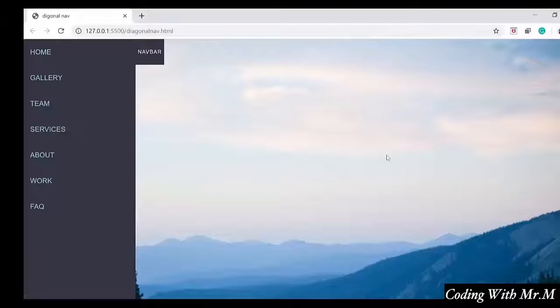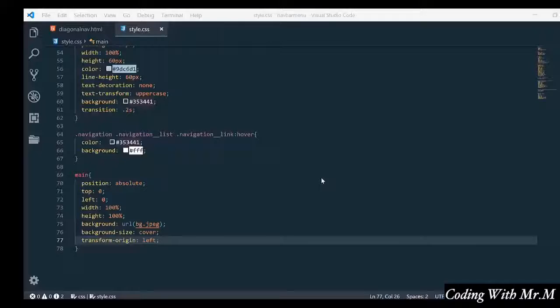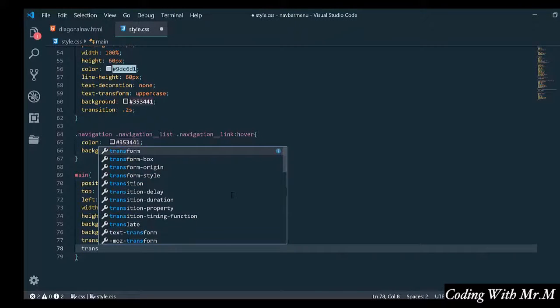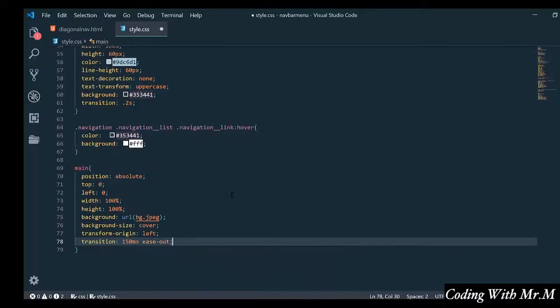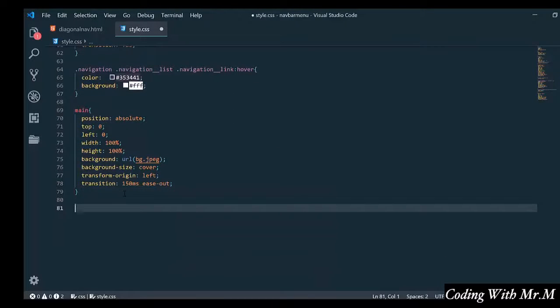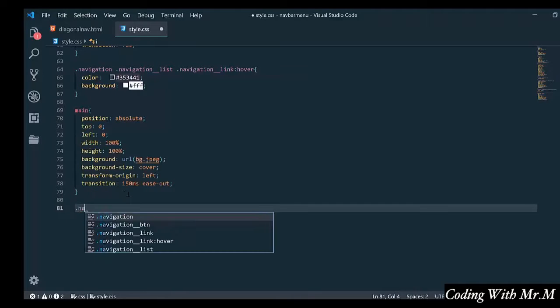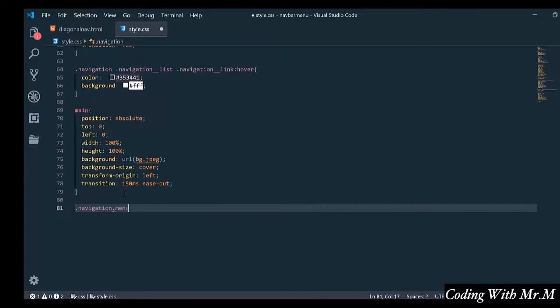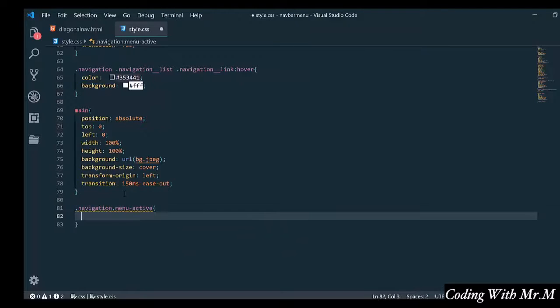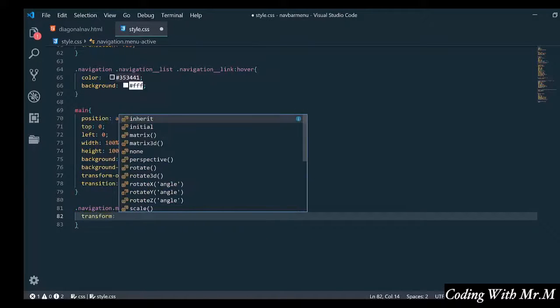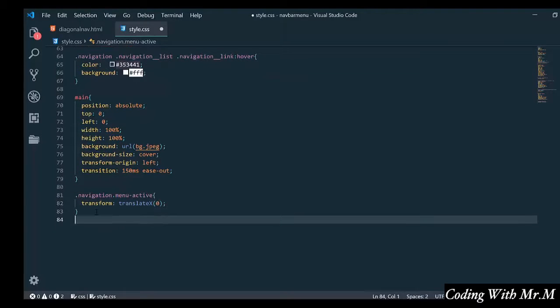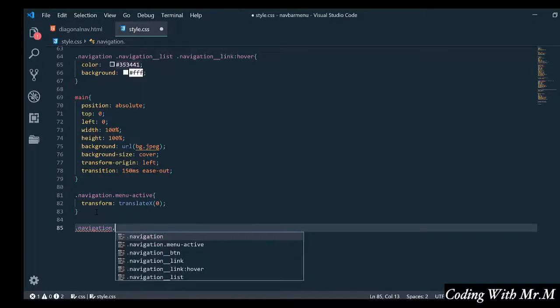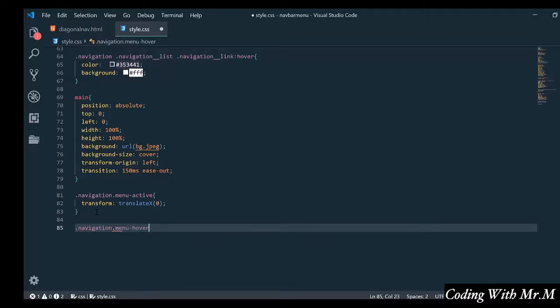Transform origin left. You'll see why we need that in a moment, once we give it our rotate effect. So our transition will be 150 milliseconds, easing out. I'm going to create two classes that don't exist in our HTML code, but using JavaScript we'll apply them. So we're going to have a menu active class when we transform and translate x to 0, which brings it back from its minus however many percent we had it,